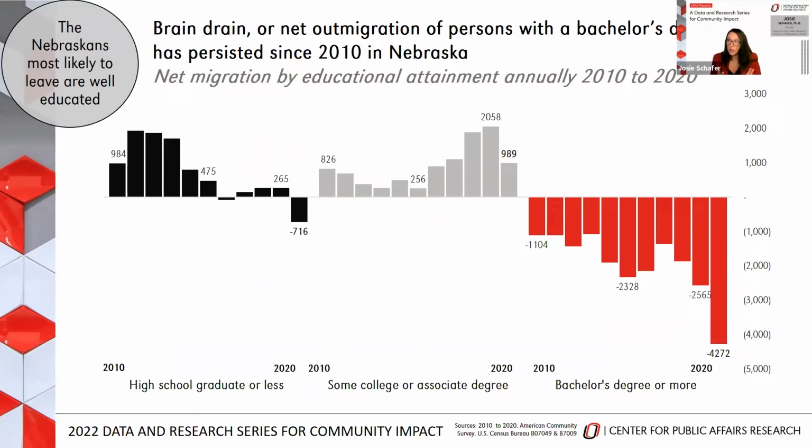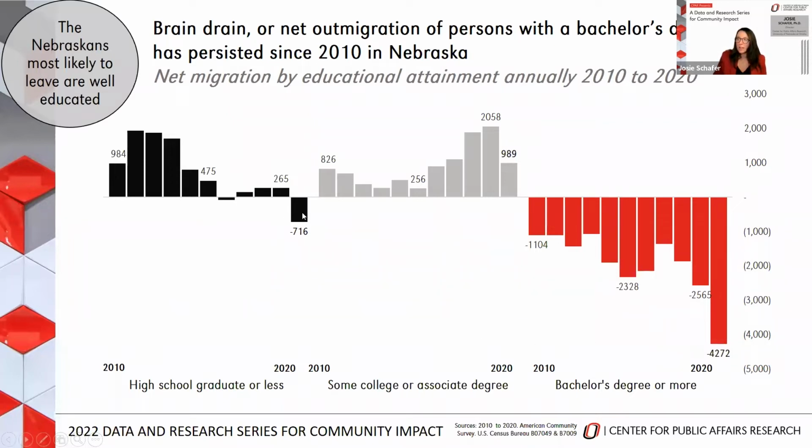Brain drain, or net outmigration of persons with a bachelor's degree or more, has persisted. So again, this is a standard table from the Census Bureau. It's actually 2 tables. I gave them to you down there. They are a little harder to find because they're pretty in-depth. But again, quick, accessible data that Nebraskans are well educated. So here's 2010 to 2020 by these 3 groups of education, and you will see the negative trend for bachelor's